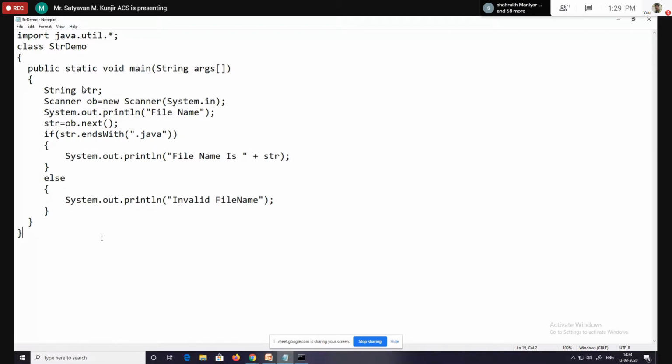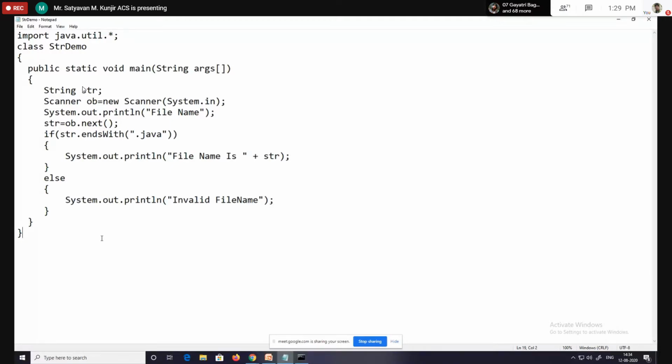We have to accept n file names from the command line, and after accepting, we have to display the files having extension .txt. Other than .txt extension files, we will not display on the output window. We have to display only .txt extension files.